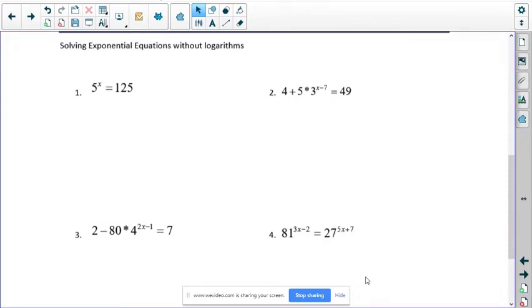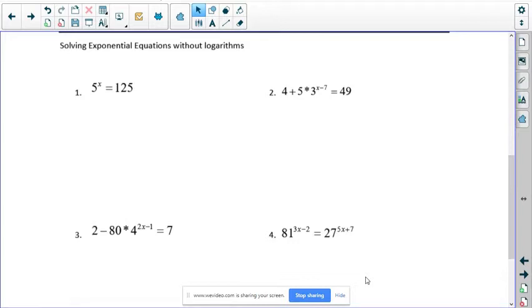Our video today is about solving exponential equations. Right here on number one, we have an exponential equation because it's an equation involving x as an exponent. And so what we want to do is figure out what value of x would make both sides of this equation equal. Well, we have 5 to the power of x equals 125, and